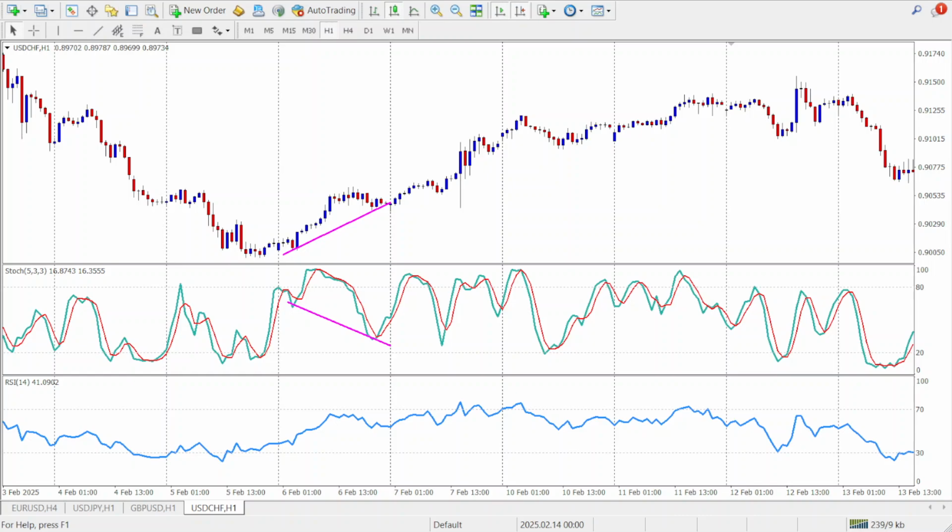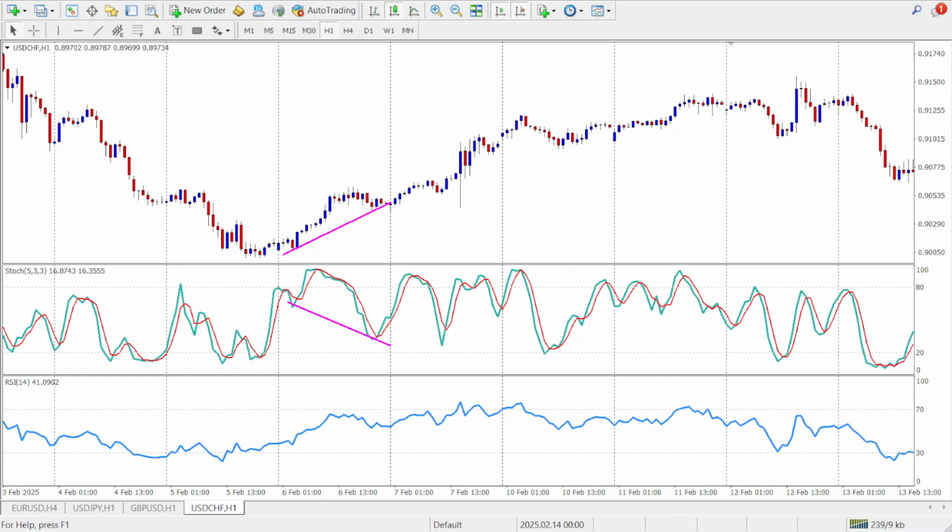So understanding divergence can be a game changer. It helps you spot reversals early and gives you an edge over other traders who are only looking at price action without considering momentum. One more strategy that I want to mention is using the stochastic indicator in a range-bound